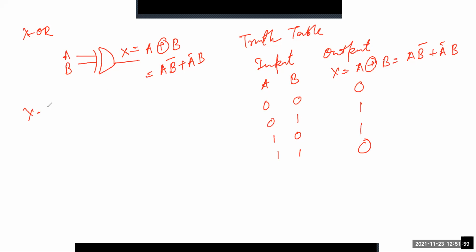And for the case of XNOR, the symbol is here, with 2 inputs, and X equals A XNOR B, and the expression is A